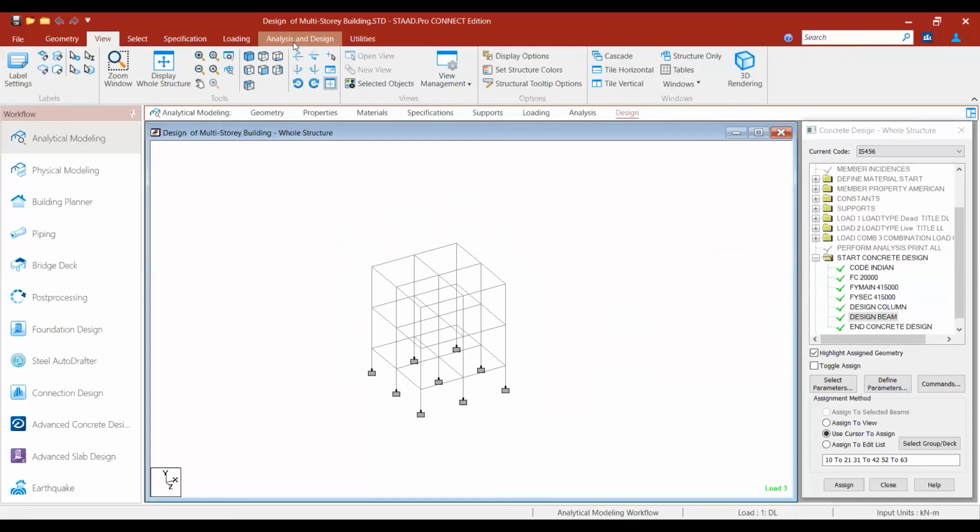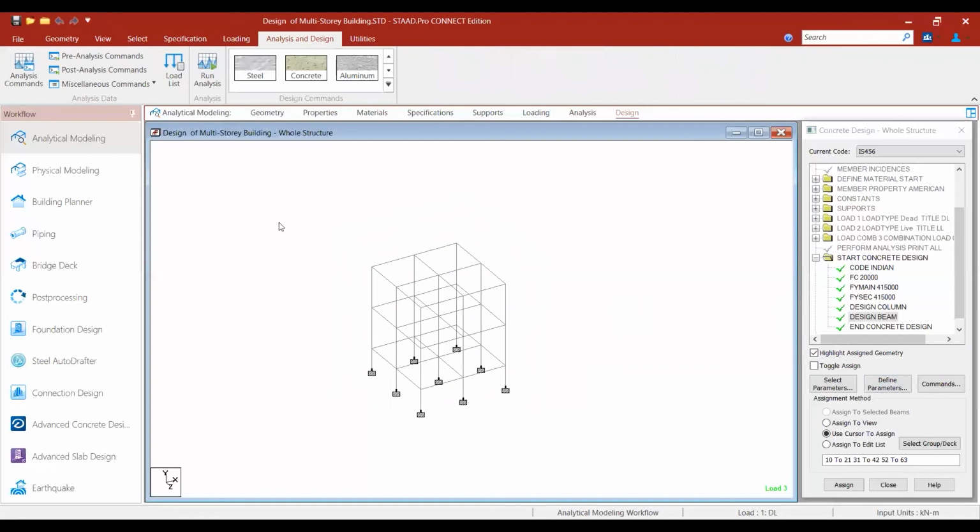Now let us run the program analysis and design. Here run analysis is there. To press run analysis, you have to save it. So save. Now the program starts running. It is completed. View output file is down there, you can also see it in the utility bar.